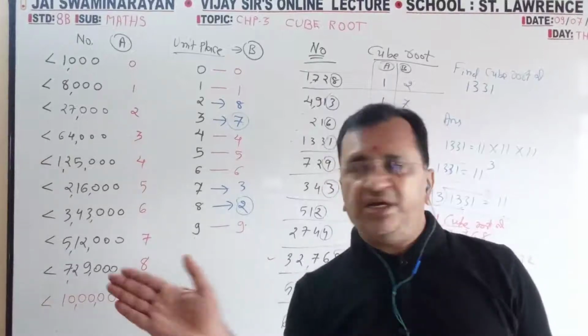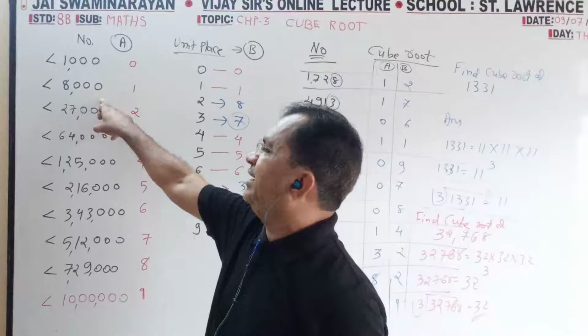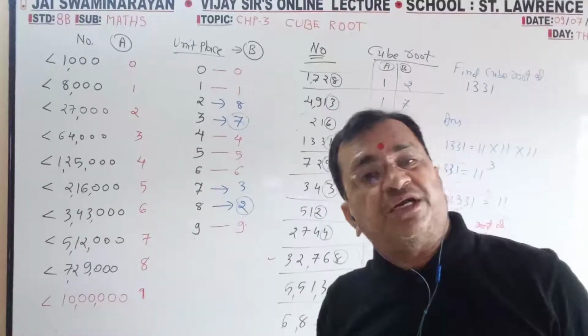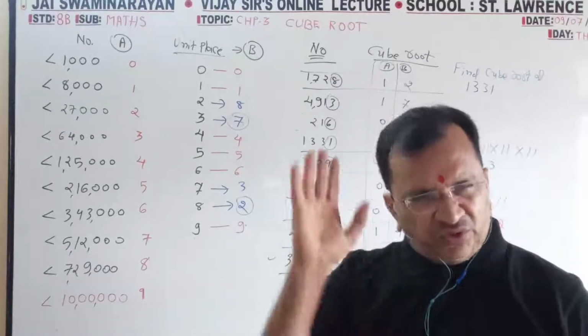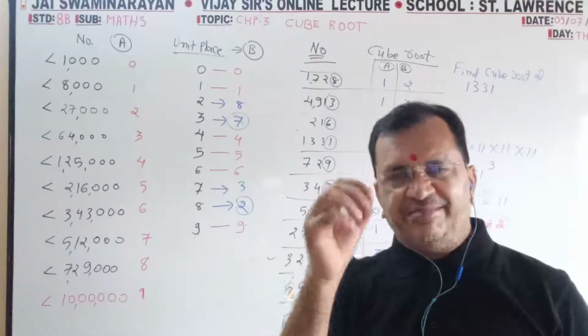Below that, the numbers are 1 less. If it is 20 into 20 into 20, I have written 1. For 30 into 30 into 30, I have written 2. The previous number, so it is the lesser number. You don't go into the base of the formula. That ready-made I am giving to you.